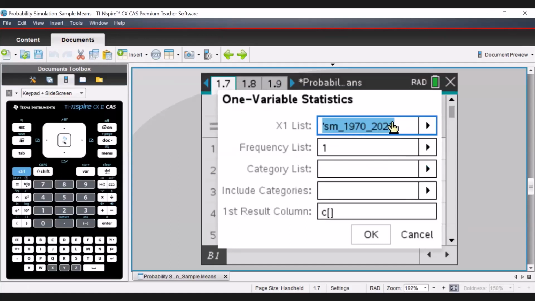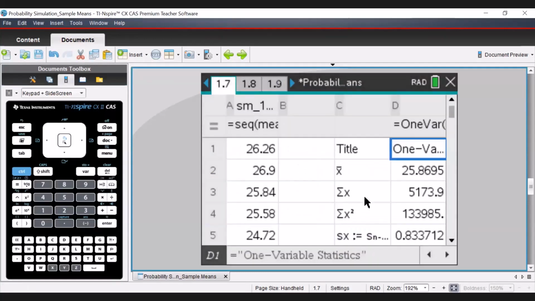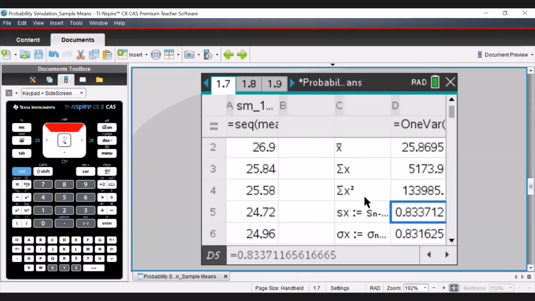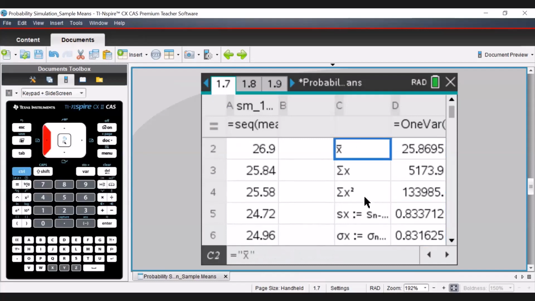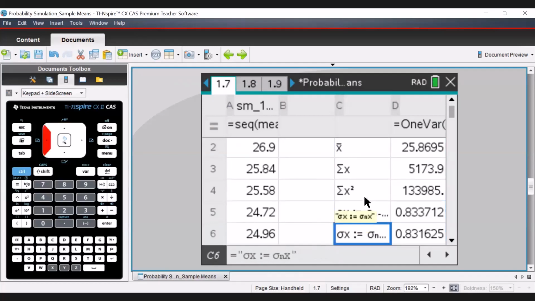At the moment, this is all fine. It's just going to tell us. See there? It's perfectly fine. What this is telling us is that the mean of our data set is about 25.86. We have some other nice stuff, but what we do care about is the mean and our sample standard deviation. Down below is the population standard deviation, but for us, we'll be happy enough with the sample standard